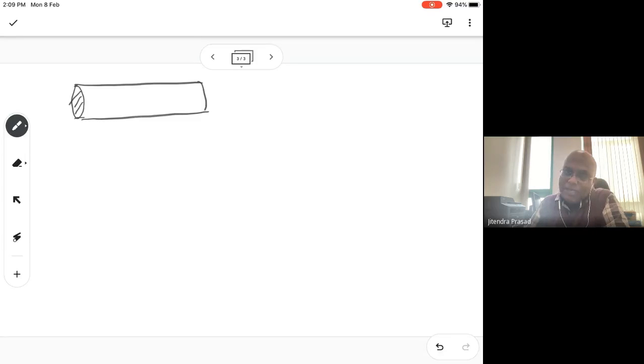So from your perspective, everything should be 3D only, right? The analysis should be 3D only. But it's not like that. So, for example, if you have a bar like this one, and you are applying force like this, you will say sigma equal to F over A, because for you, this is a 1D problem.